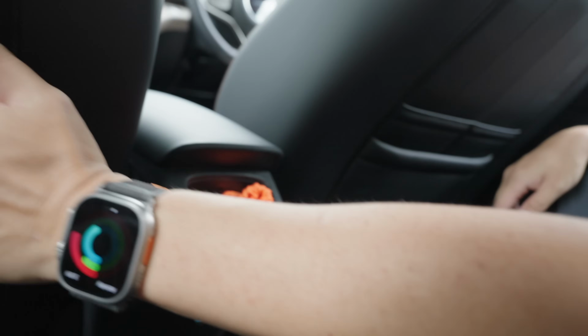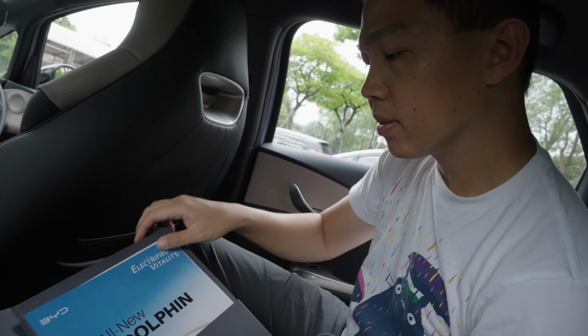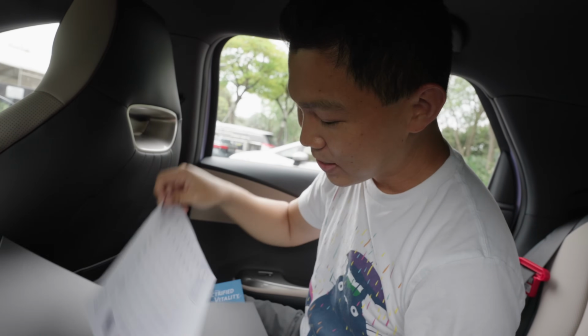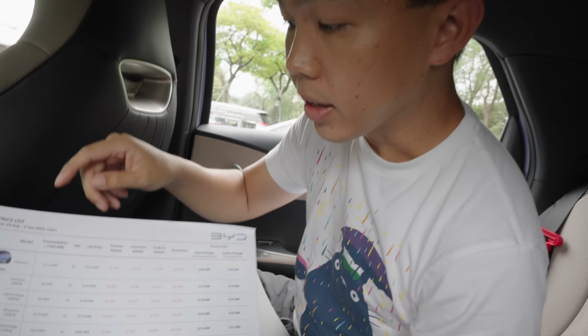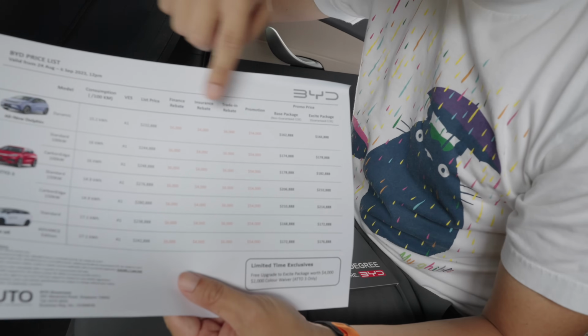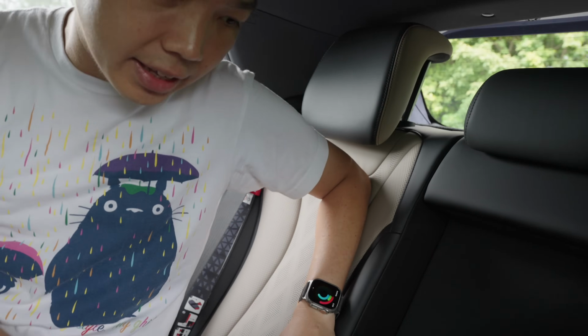You've got your pocket. BYD has given a nice guide on the car to learn more about the Dolphin and their price list. So you can actually see behind here, there's one configuration for the Dolphin in Singapore, and the latest price lists are over here. So let's recover this. We've got two cup holders in the middle,